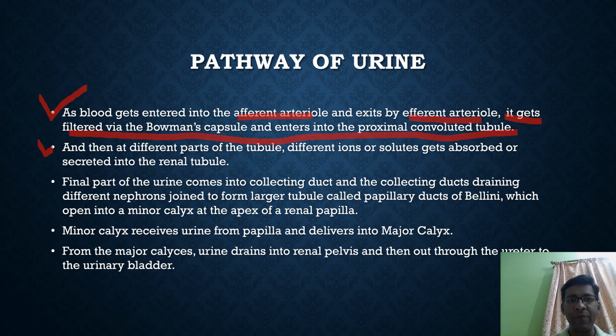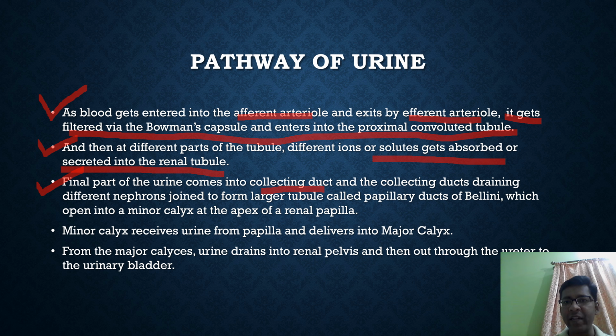Then at different parts of the tubule, different ions or solutes get absorbed or secreted, like sodium, water, potassium, at different parts of the nephron. The final part of the urine comes into the collecting duct. As you have seen in the previous slide, the part of the nephron distal to the distal convoluted tubule is called the collecting duct. So urine finally comes to the collecting duct, and the collecting ducts draining different nephrons join to